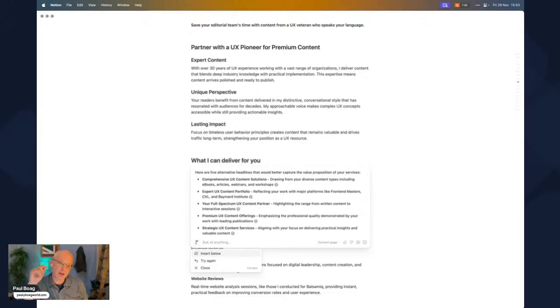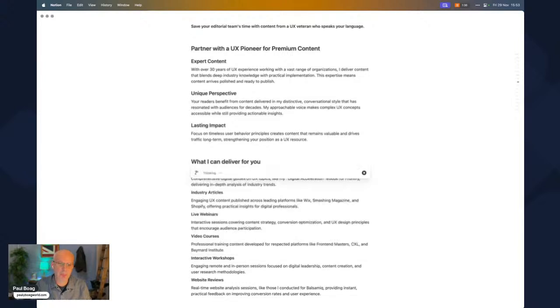I like the idea of a full spectrum, but can you find other ways of wording that?